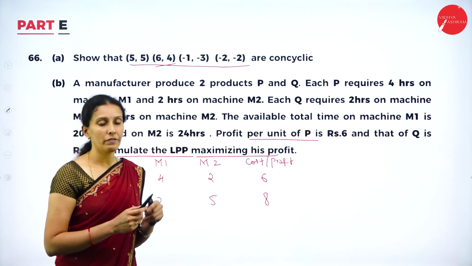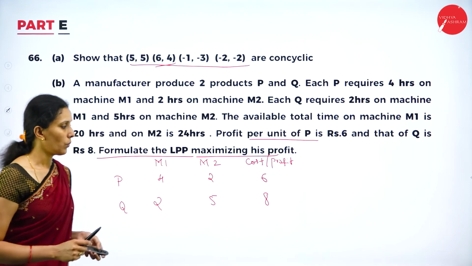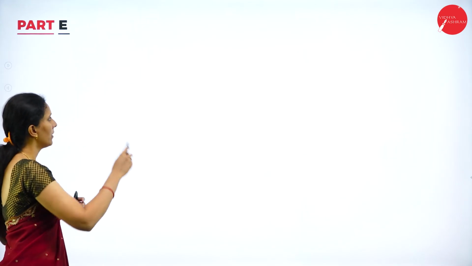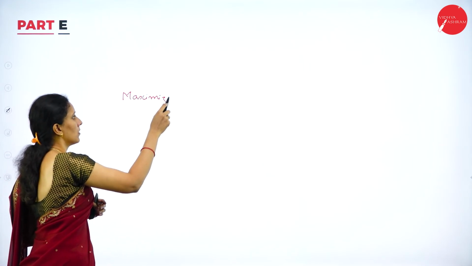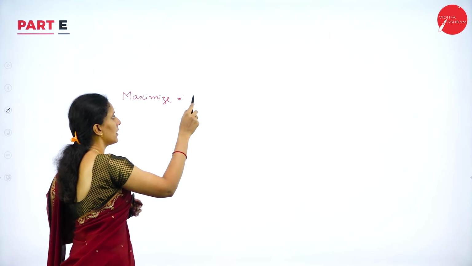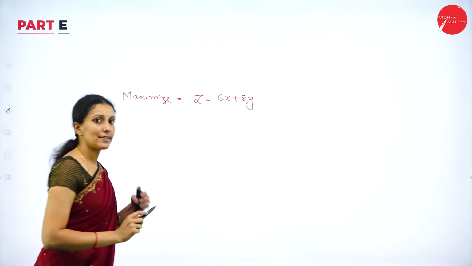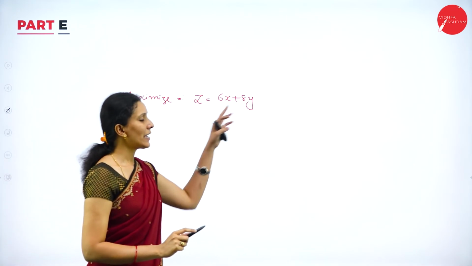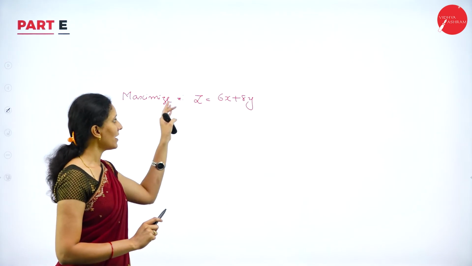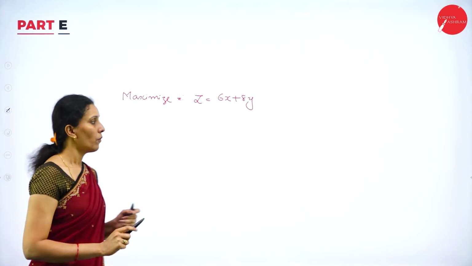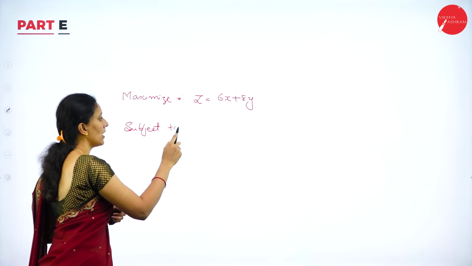So, I need to maximize this profit. To maximize the profit, I have to write the linear programming in terms of linear equations. So, therefore, here my aim is to maximize the objective, that is Z is equal to 6x plus 8y. You can take x as the number of units produced for P and y as the number of units produced for Q. So, therefore, my aim is to maximize Z is equal to 6x plus 8y. Well, what are the constraints here? We have constraints, subject to constraints